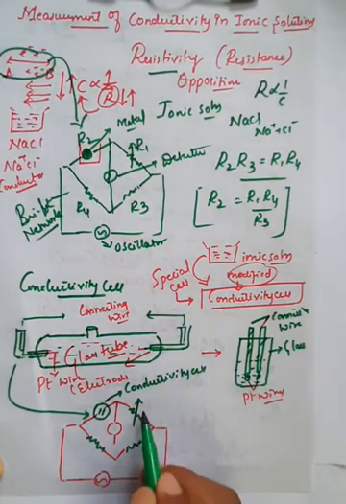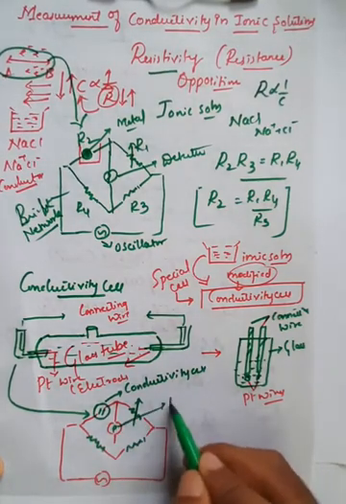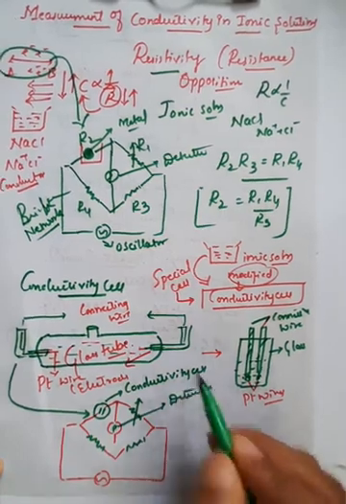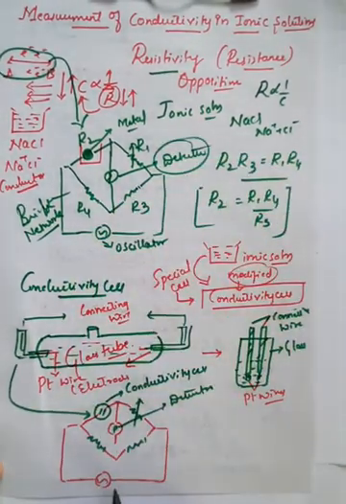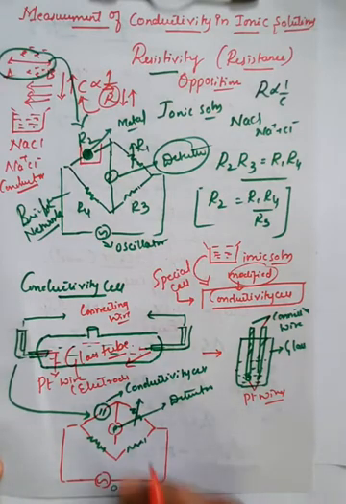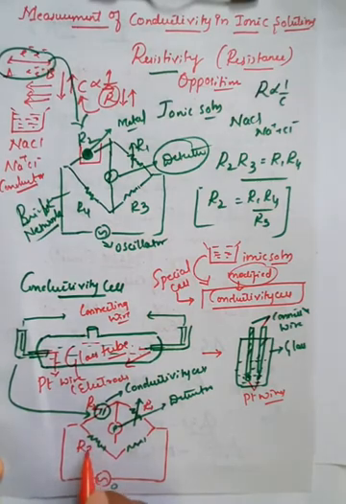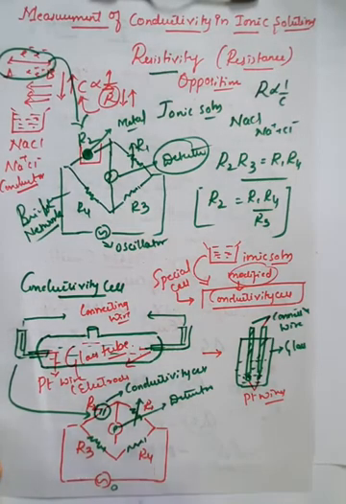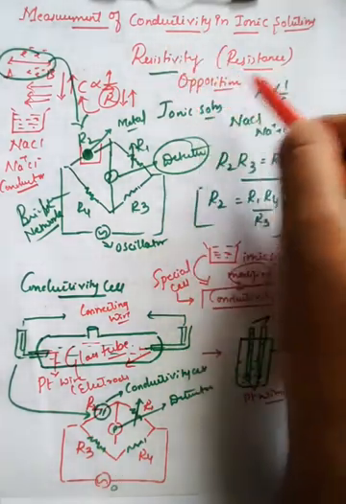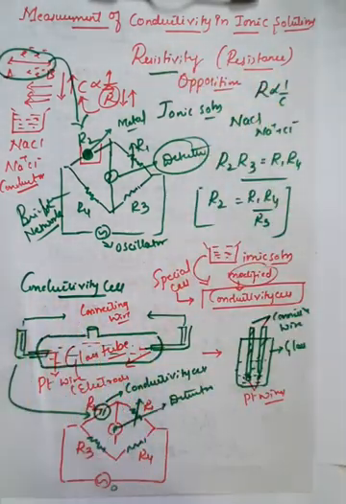Right? So this is the detector, P is the detector, and we have already seen that one. Here we have seen, right? And this is the oscillator, and here you can name this as R1, this is R2, this is R3, and this is R4, right? So there are 4 resistors. It can be taken because we are calculating the resistivity, hence we call it a conductivity cell as it behaves as a resistor there.